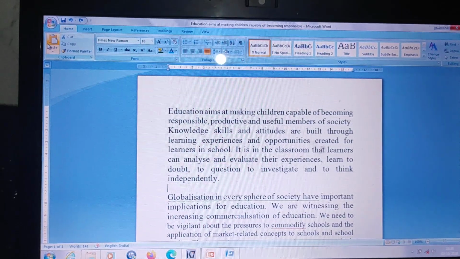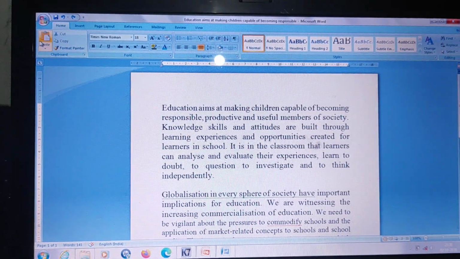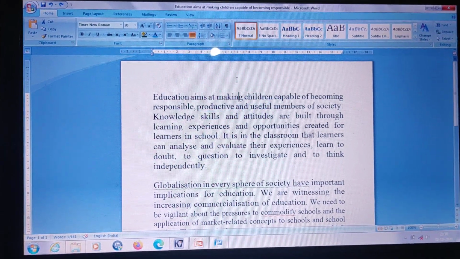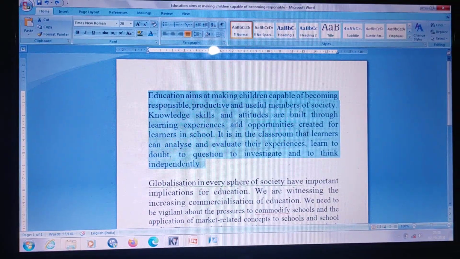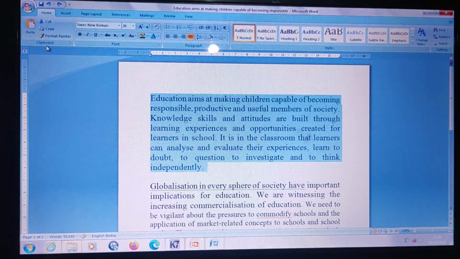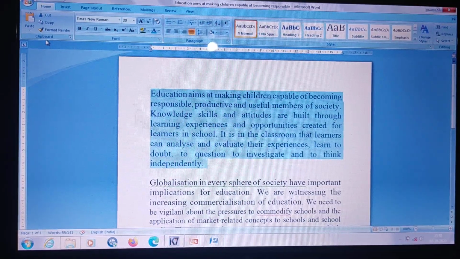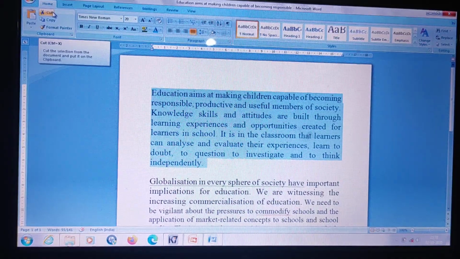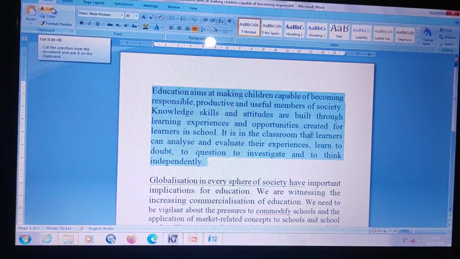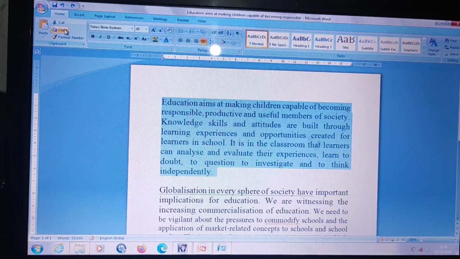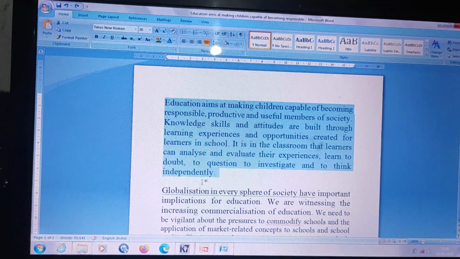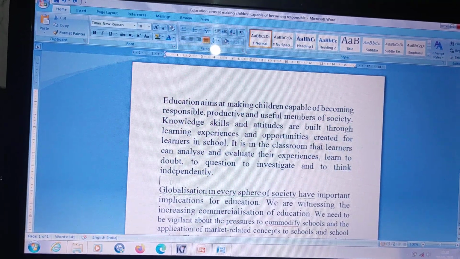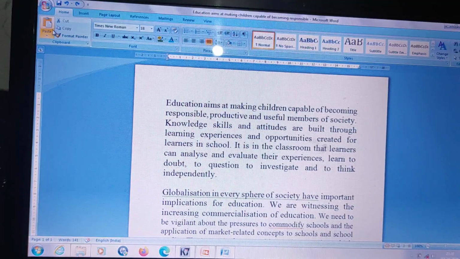Now the steps are, first of all, select the text you want to move or copy. So I will select this full paragraph. After that, in the clipboard group, there are the options cut and copy. To move we also call it cut. So here I will choose the first option, that is copy. After that I will choose the location where I want it to be pasted. So click, and after that click on paste.